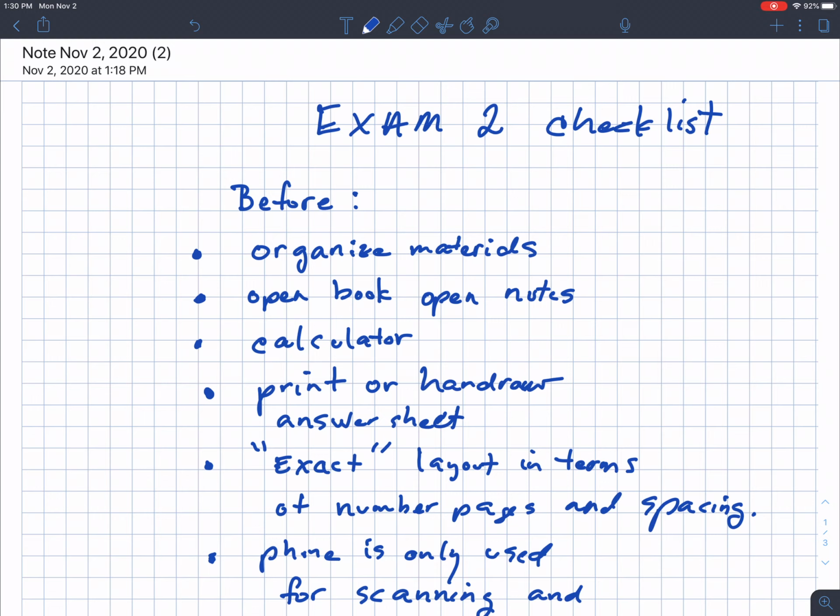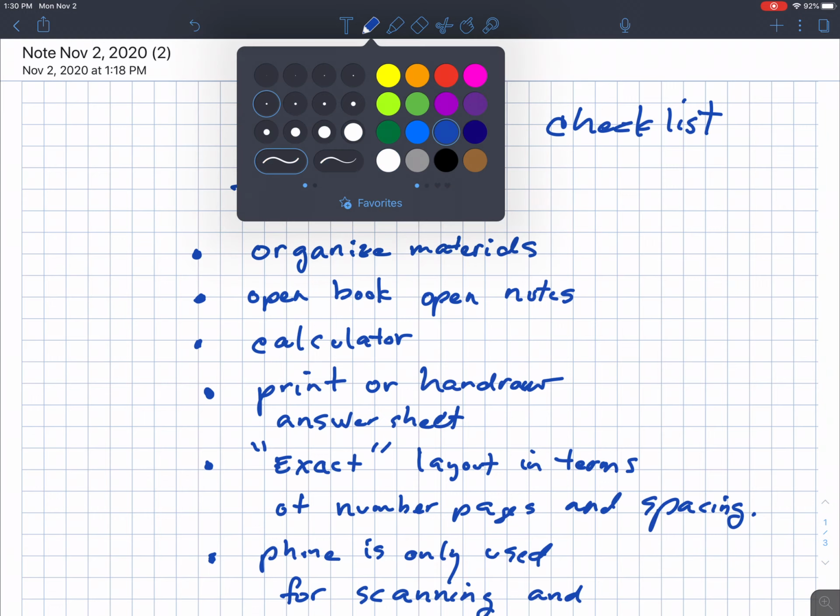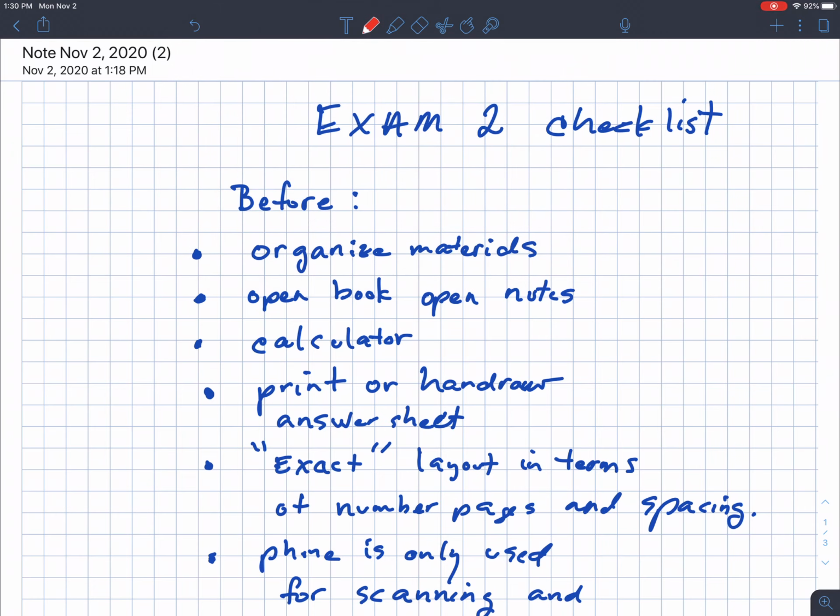Okay, here's the exam 2 checklist. The format of the exam is much like what we did for exam 1. All right, so exam 2 checklist. Before class, you should organize your course materials. That would include notes, maybe print out reading assignments, have things ready so that you can use those for the